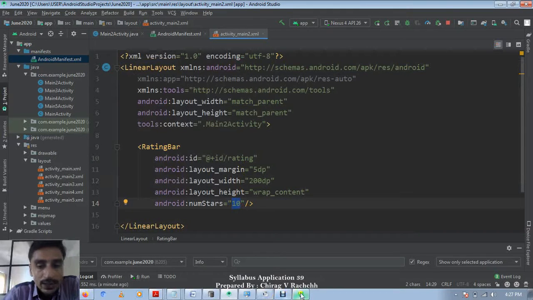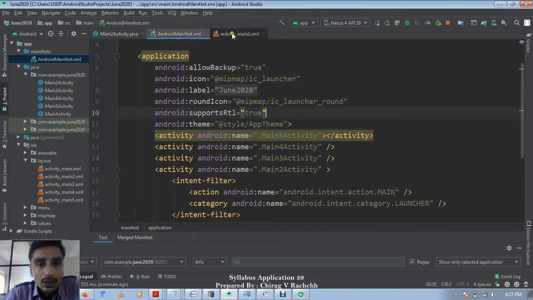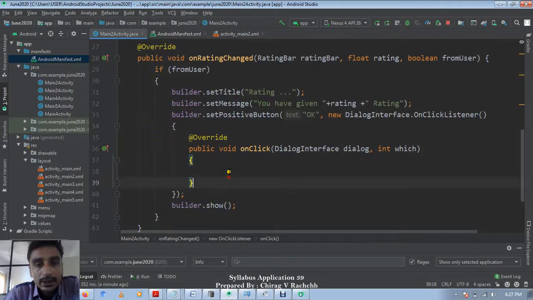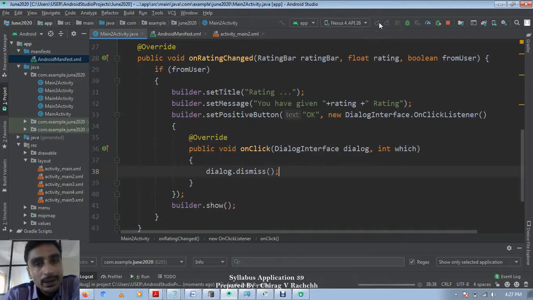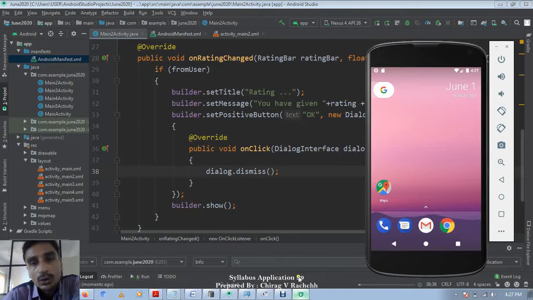In this way we can have a dialog box which displays the rating, and we can also dismiss the dialog here, but it is not required, as on clicking the OK button, which is set as the positive button, it disappears by default. So it is okay if we don't write dialog.dismiss.